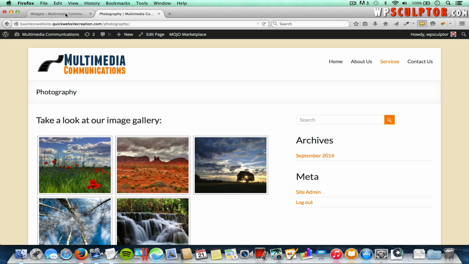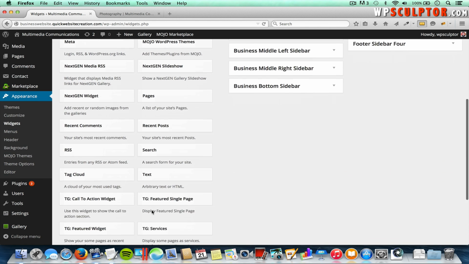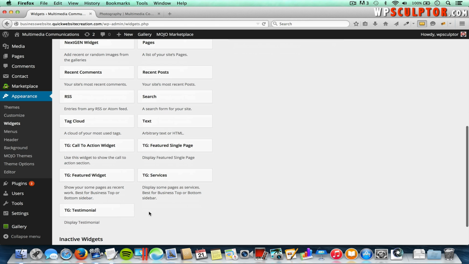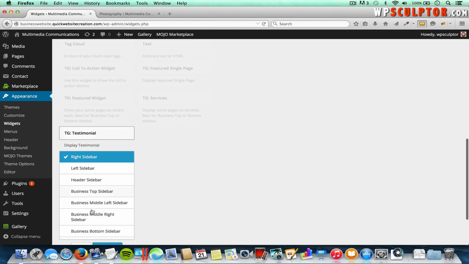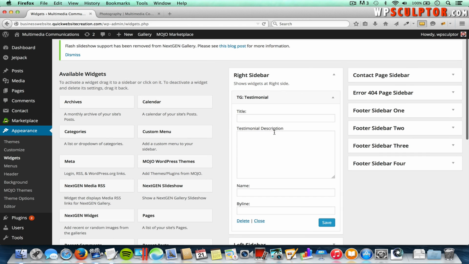So let's go back, and I want to add a testimonial widget to my right sidebar. So I'm going to scroll down and find the testimonial widget. And that's going to be this TG Testimonial, and this is actually a Theme Grill widget, and Theme Grill, of course, is the company that created the Spacious theme. So I'm going to click on this widget, and then I'm going to scroll down and make sure that it's assigned to the right sidebar, and then I'm going to click on Add Widget,